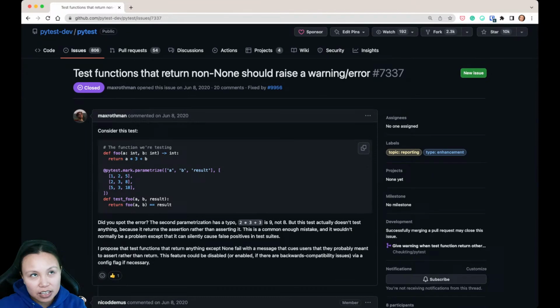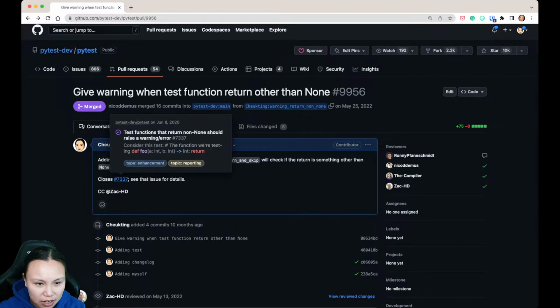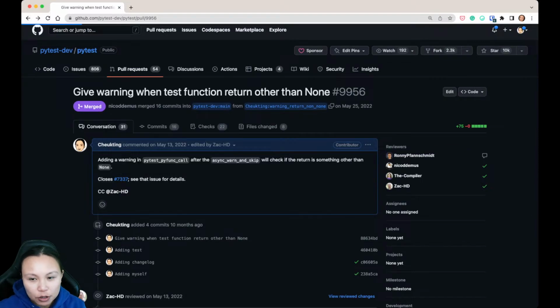But I think it's always a good practice, if you find a bug, to open an issue first, and then if you know the fix, you can open a pull request, and then you can use the GitHub feature to link both. For example, if you say "closes this issue", then those two will be linked, right?